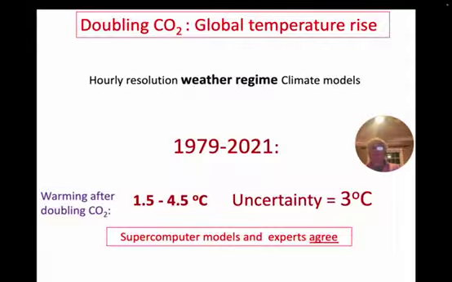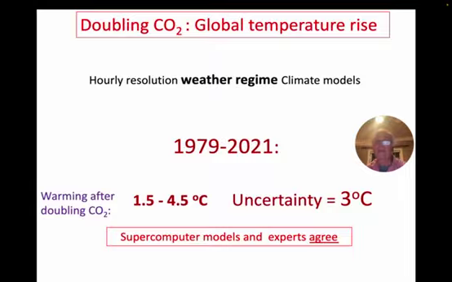Today's climate models are souped-up weather models. To project the climate to the year 2100, they forecast the weather every hour until 2100. This might include a snowstorm in Montreal at 9 a.m. on December the 13th, 2099. Although it is known that this precise forecast has zero skill, it is nevertheless hoped that by averaging the forecast over the decade from 2090 to 2100, the average temperature increase will be accurate.